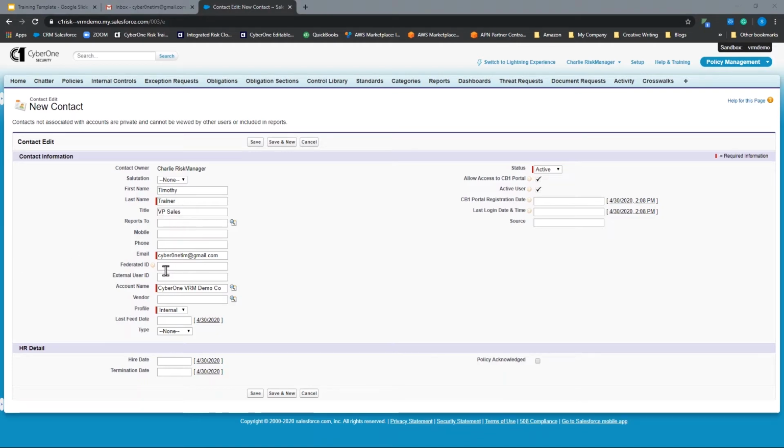And then see here a couple that I haven't populated, including the federated ID. So just a note there to let you know that Cyber One does have the capability for single sign-on, and we use this federated ID section to help enable that. So if you have an interest in using single sign-on with Cyber One, you can just contact your account manager as always, or